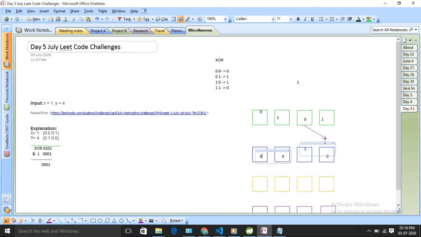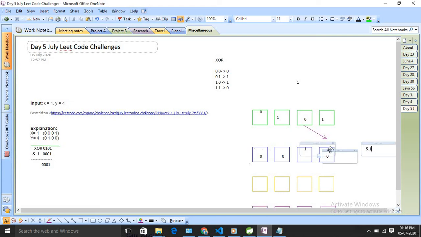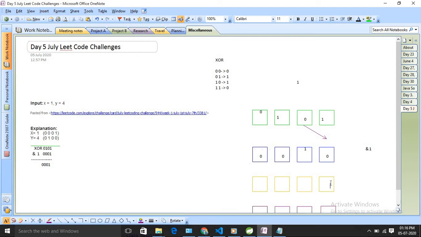Whenever I am done with my bitwise shift, I am going to again do the AND operation, right? So I am going to do the AND with 1. Again I am comparing the last bit. In this case I will get 0, so I will not increment. Again I am doing the bitwise shift, right? It will be 1, it will be 0, again it will be 0, and it will be 0, right?